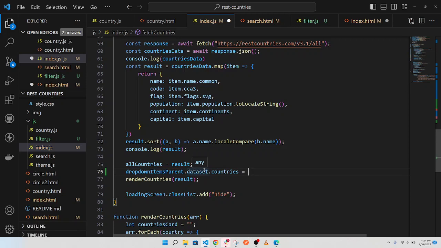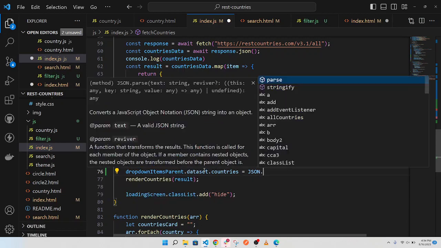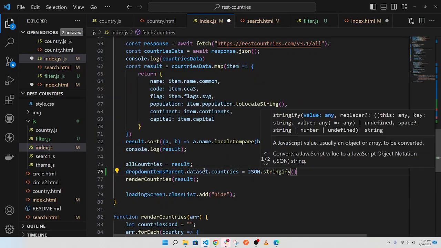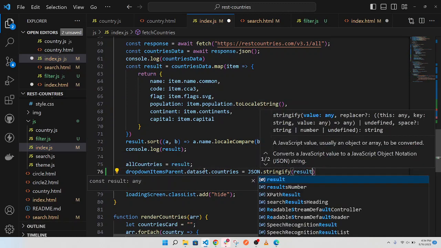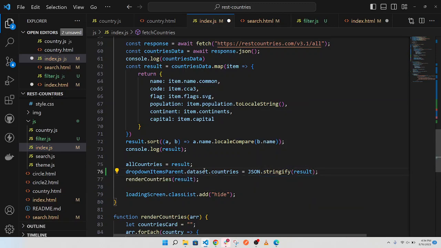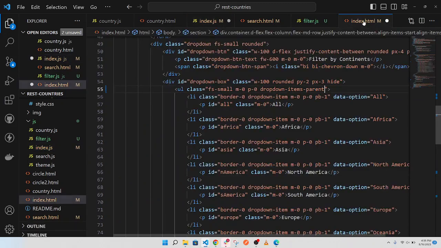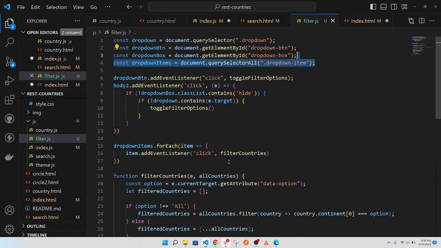So how do we store a string? How do we make these countries a string? You have to stringify: JSON.stringify results, all countries. Okay, so JSON.stringify results. Yeah. So let's test it out. And each time we click, where's that filter.js? Yeah, whenever we click this,